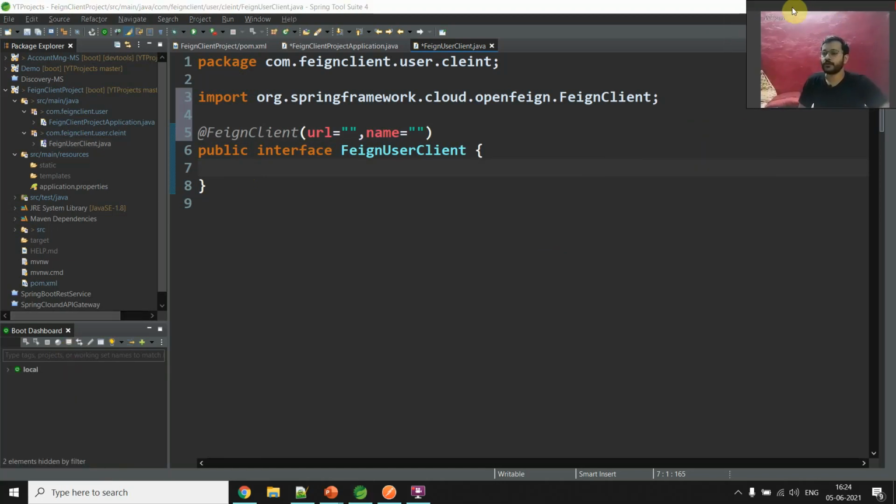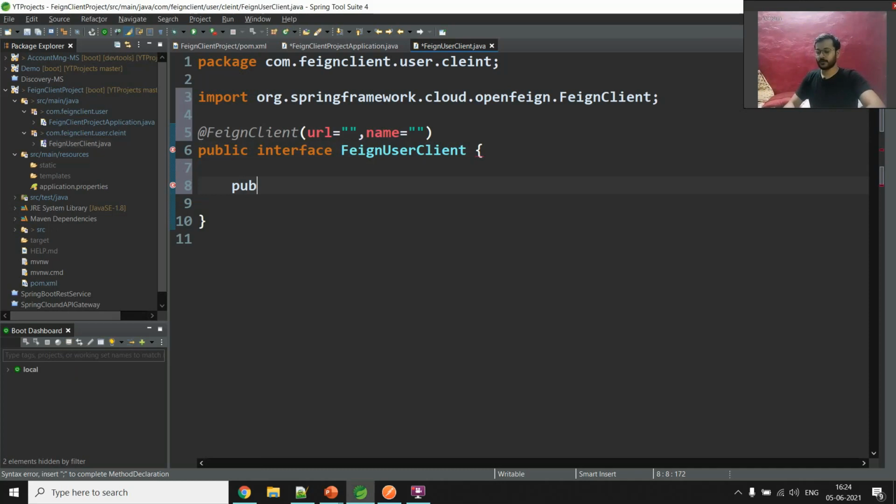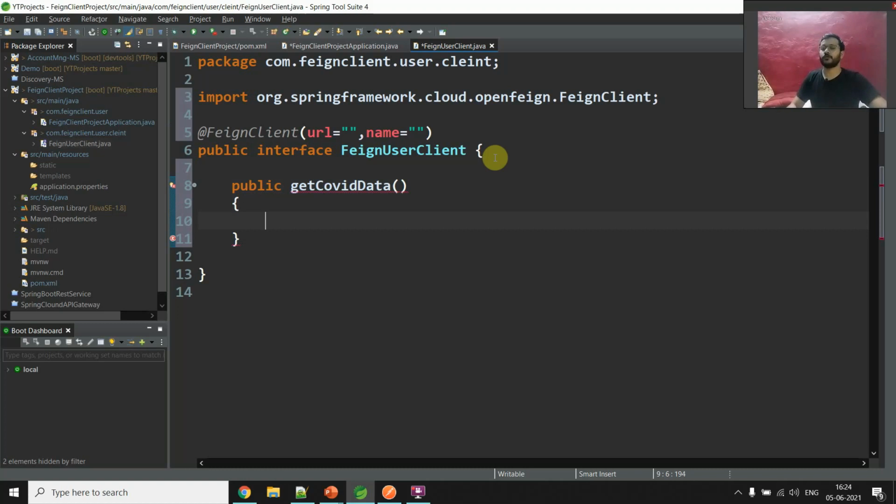Now we need to do one thing, that is public and get COVID data. I know that I have missed the return type because I want to let you know one thing.